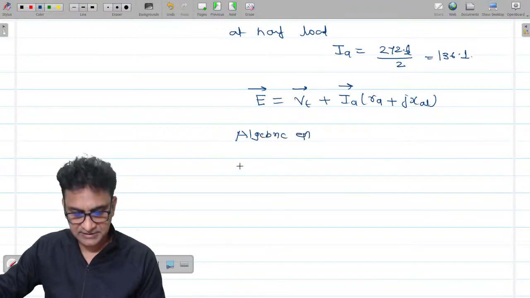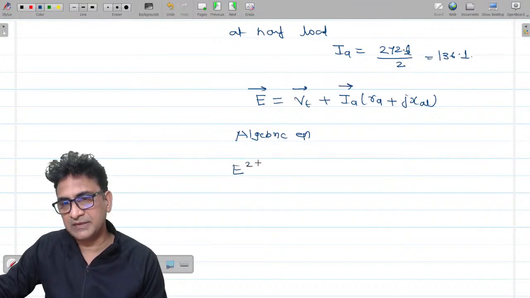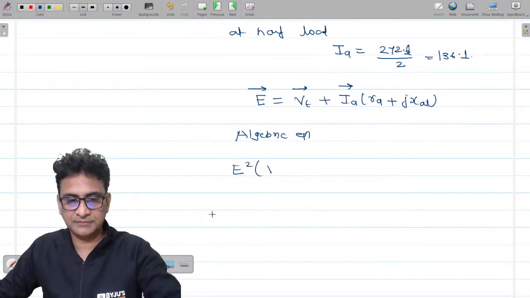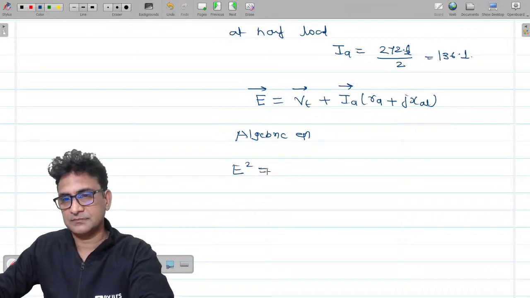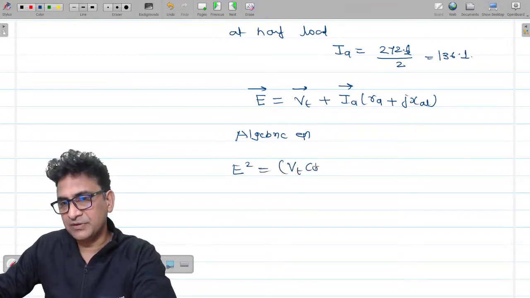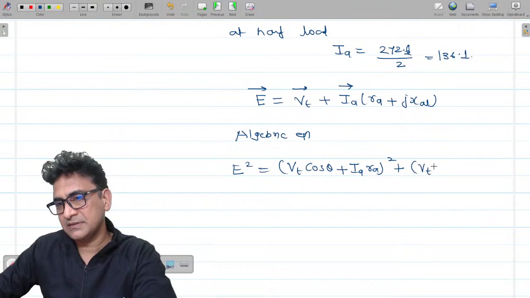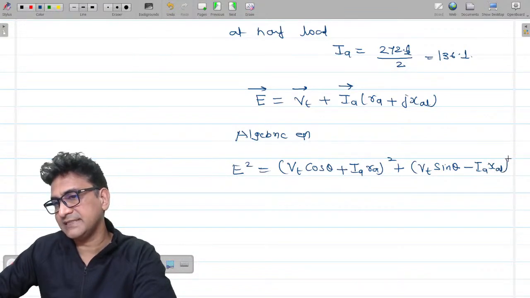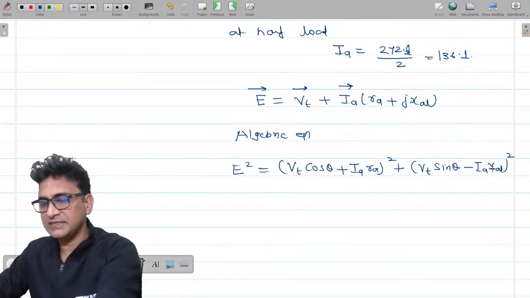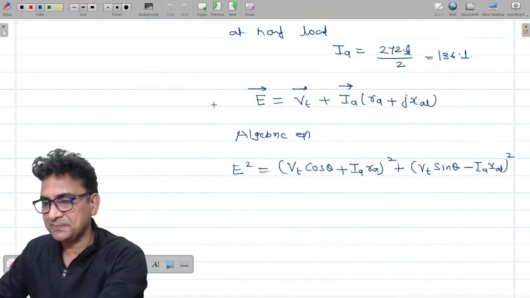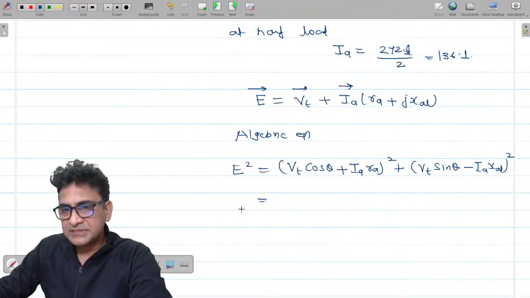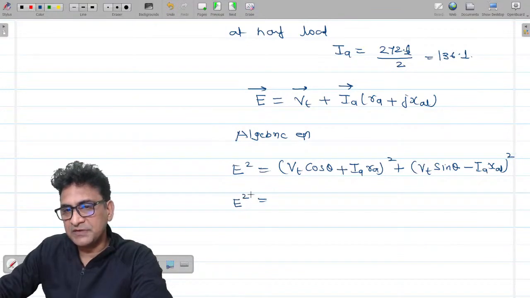of this phasor equation? It would be E square, in case of leading load, equal to (VT cos theta plus IA RA) squared plus (VT sin theta minus IA XL) squared. For leading load, it is a minus, and it is XL, not XS, because if you use XS here, you are going to find the value of EF. So you can directly use this algebraic equation if you are not comfortable dealing with the